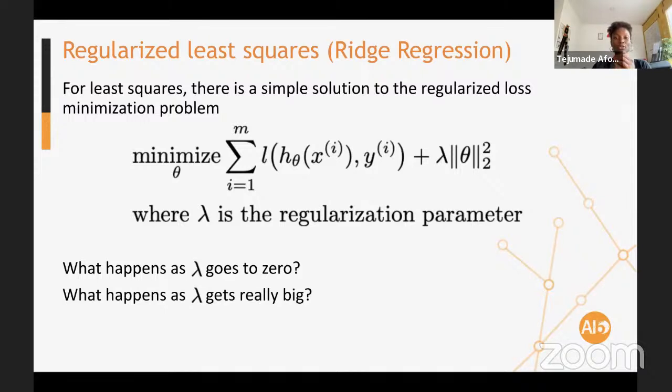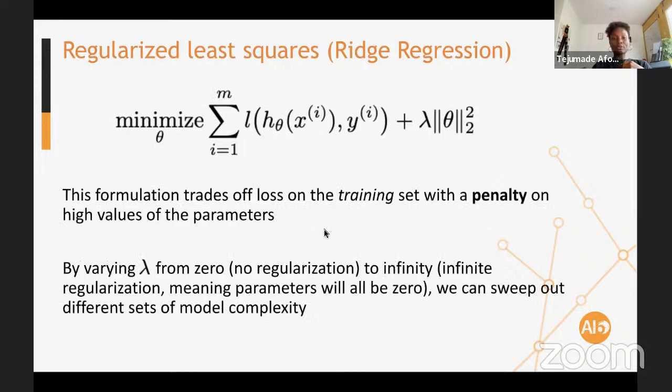So we want the model to always prefer simpler solutions. I want you to think about what happens as the regularization parameter gets really big, like 1,000 or something, or when it is 0. Just think about that as you look at this formulation.